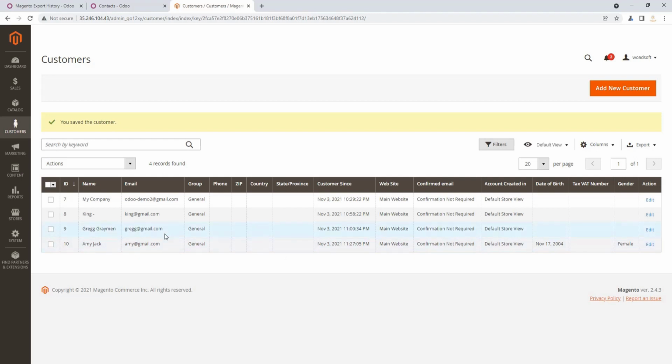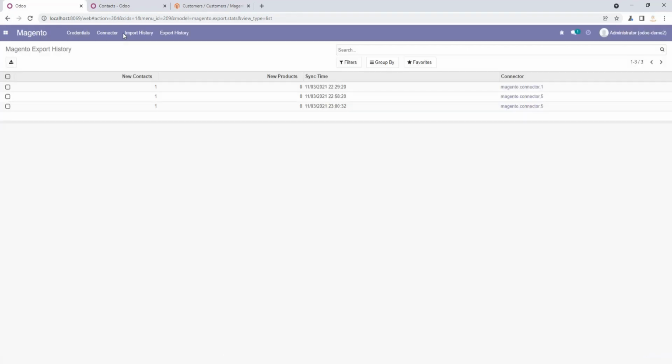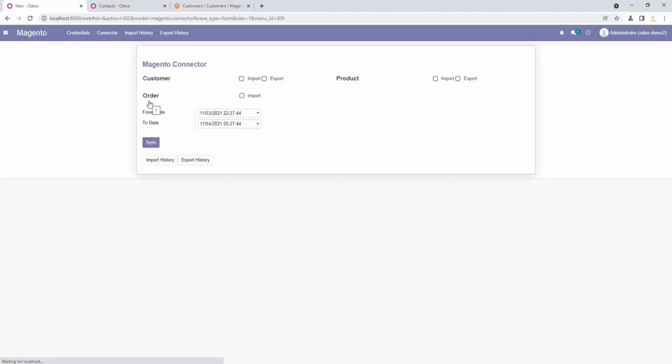Okay, so we are going to import that customer in Odoo. I just click the import button, and we are already in the range of the datetime filter. So click the sync button.